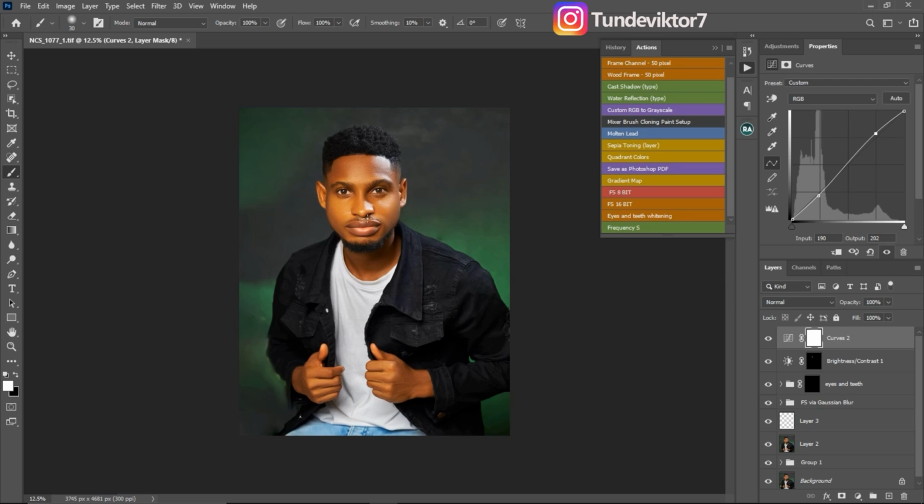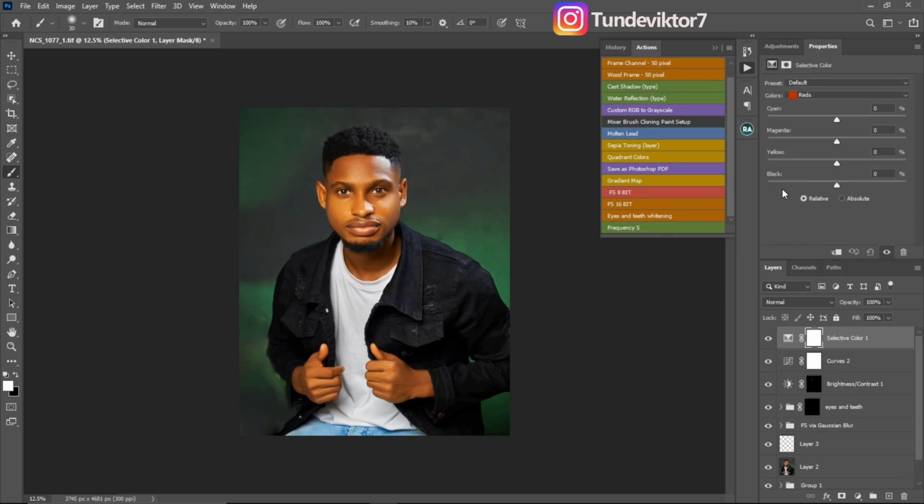But I feel this image is okay like this, so I'm not going to dodge and burn. So next thing I'm going to do right now, I'm just going to color grade this image, and I really like the way the color is right now, but I'm just going to make it look a little bit better. And to do that, I'll just come to my selective color adjustment layer, and for the reds, I'll just remove